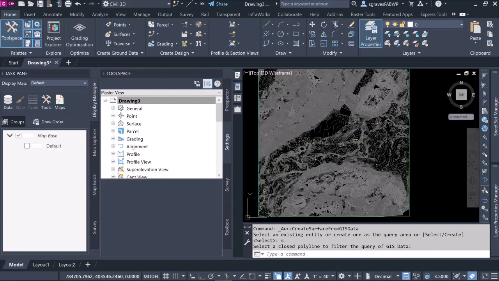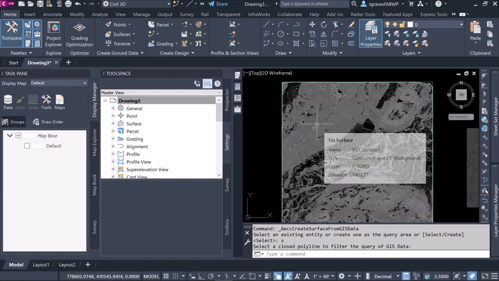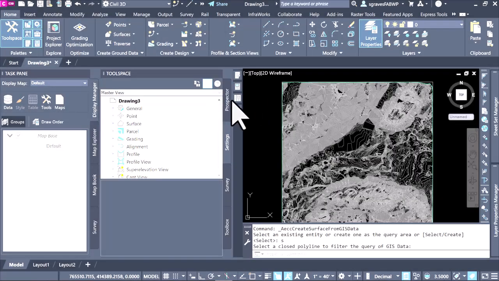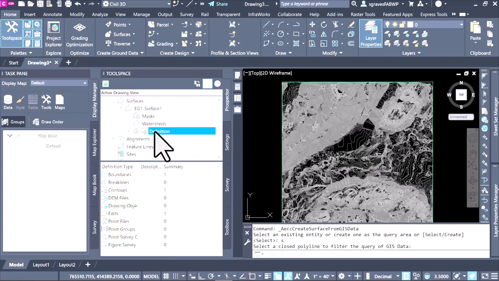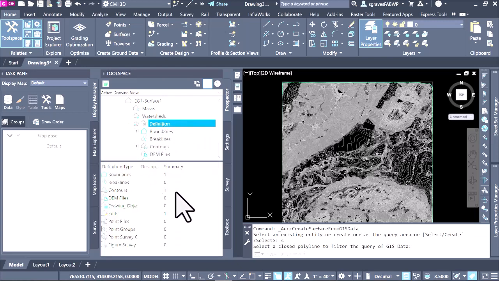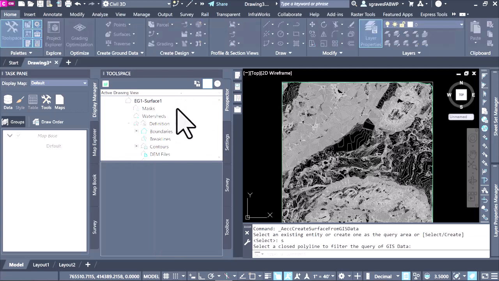And so you'll see now we have a surface that read the shapefile information, read the contour elevations, and created a surface for us. And if I go to the prospector and expand surfaces, you'll see our EG1 surface has been created. And if I go to surface properties,